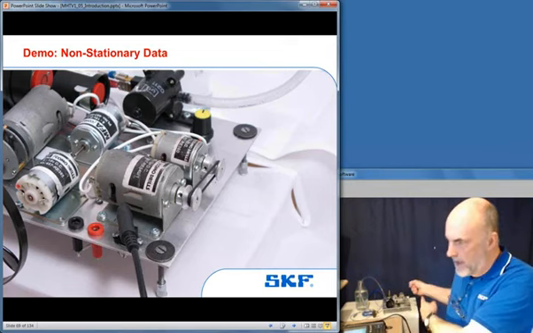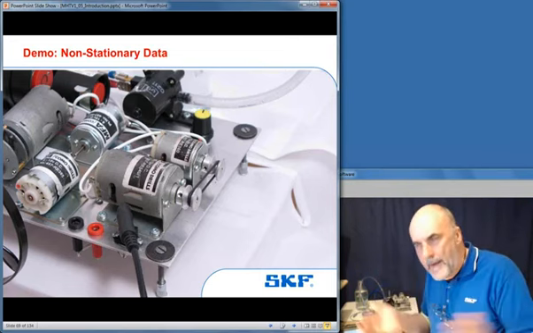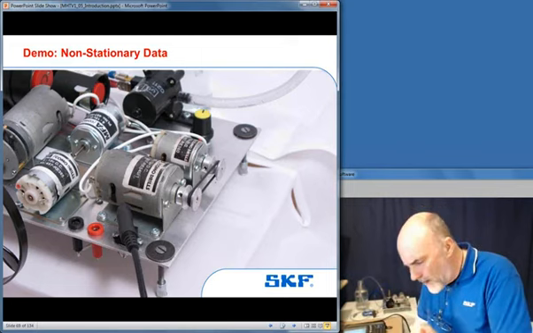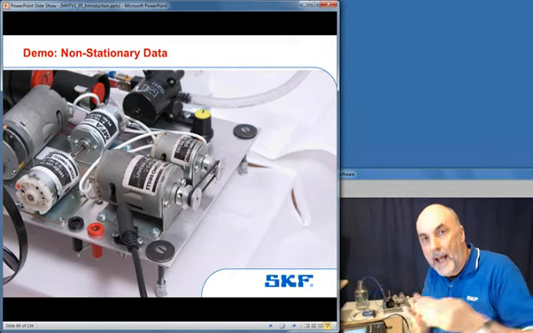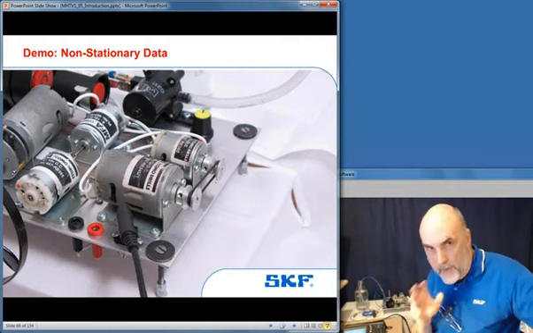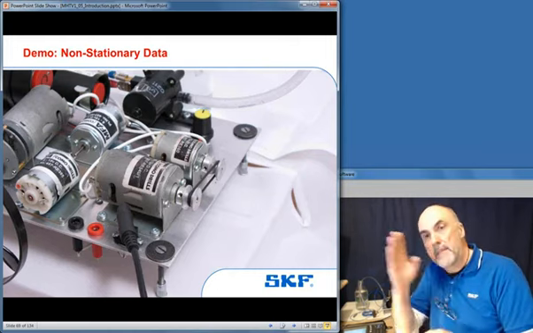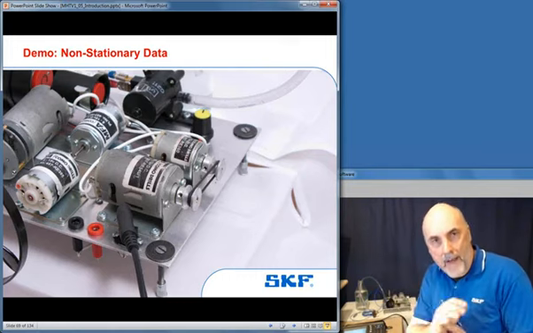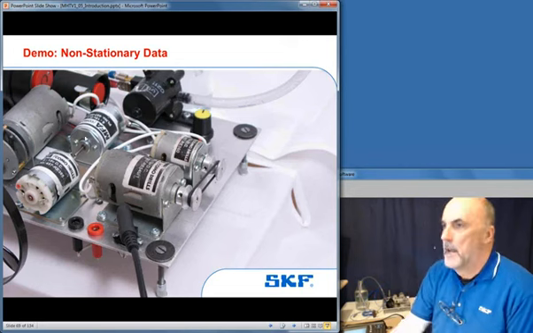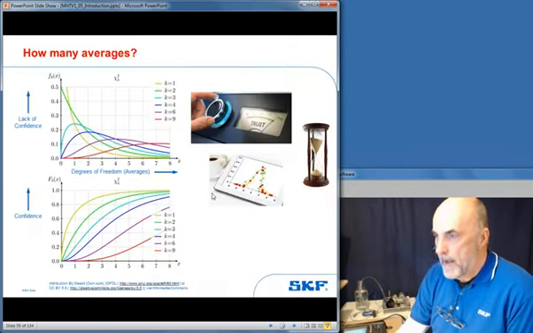These beat frequencies that I've just demonstrated can be quite long, and that would require quite a number of averages. Some instruments on the market will allow you just to dial in the time. You won't say 100 averages, you'll say this signal is varying over a 5-second period, therefore I want you to average for 10 seconds. Enough, I hear you cry.